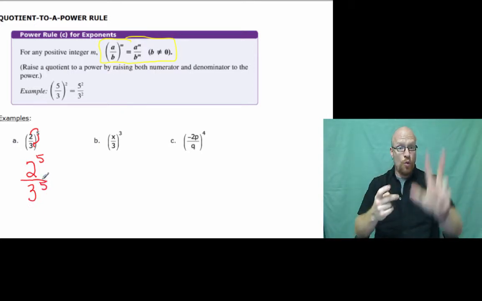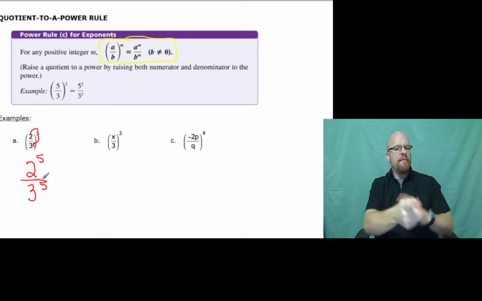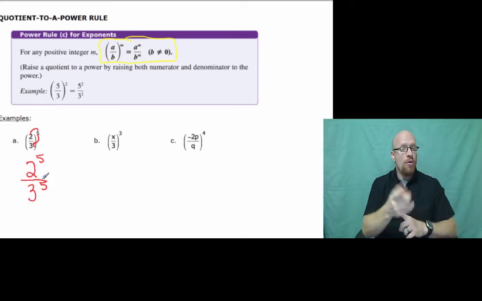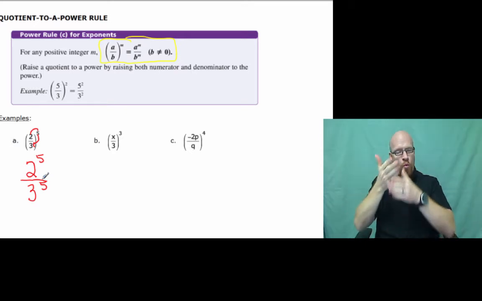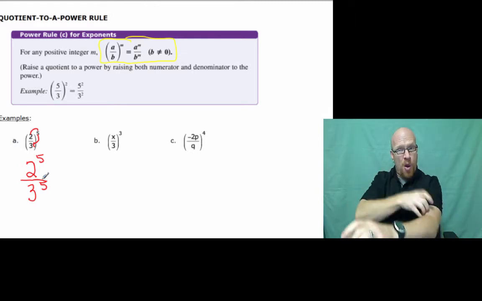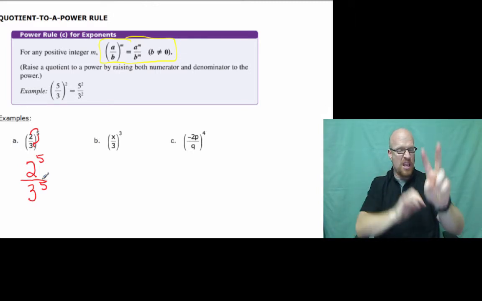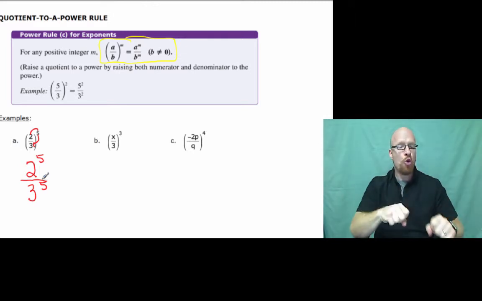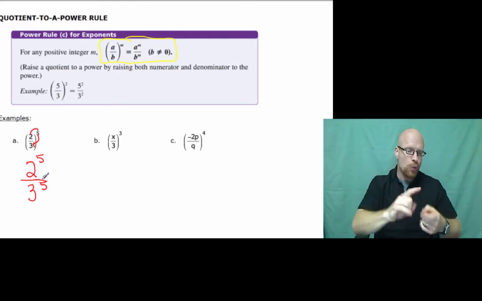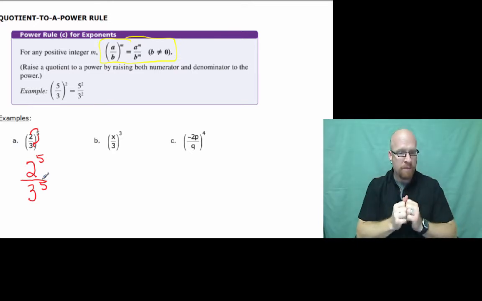As we can see here, we have 2/3. Now, we move the 5th power inside the parentheses. 2 to the 5th over 3 to the 5th. We're going to leave it there. We're not going to go ahead and multiply it out and reduce a fraction, but it'd be for a different vlog. Right now, we're going to leave them here. We could reduce a fraction, but we're not going to. All right. Now,